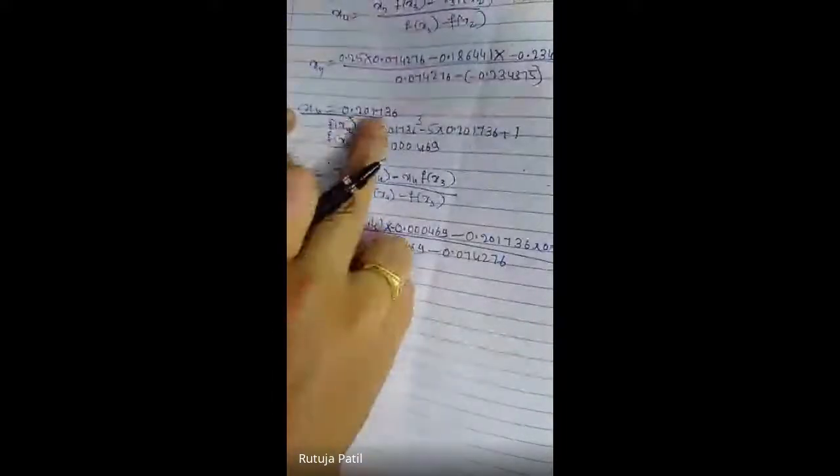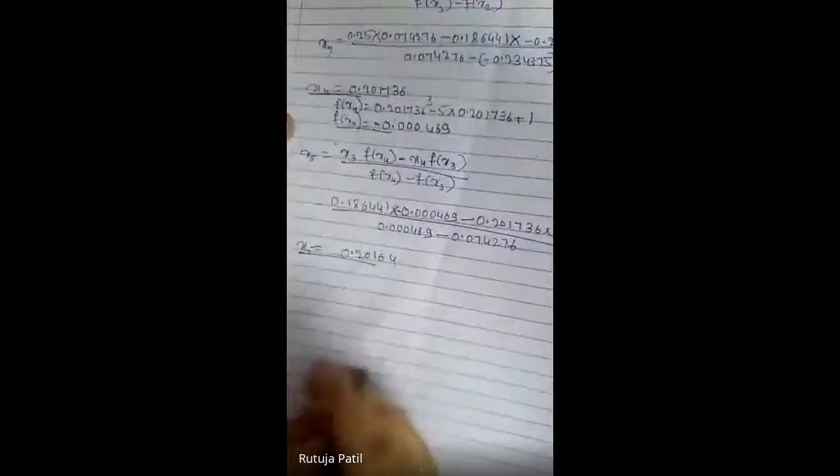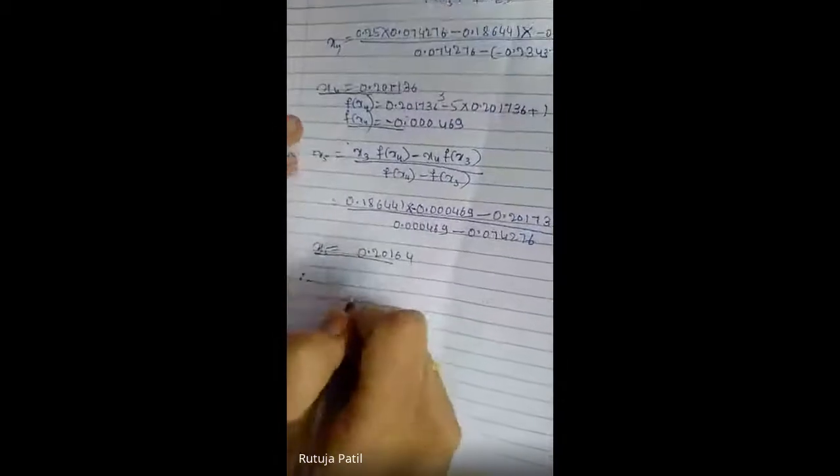What they have told is correct up to 3 decimal places, right? So after the decimal here we are having 201. So here also after the decimal for x4 we are having 201, and these x values are our approximate root values, right? So therefore what we can say,